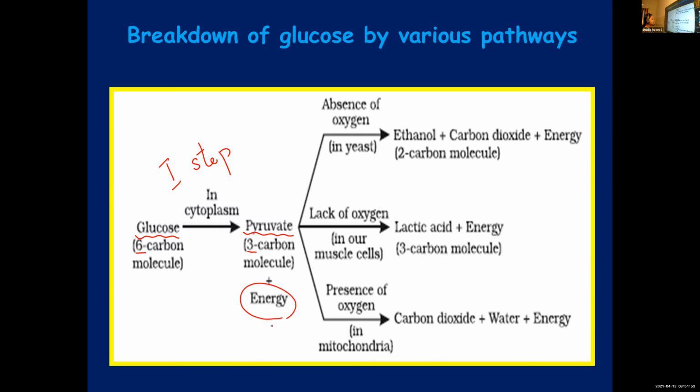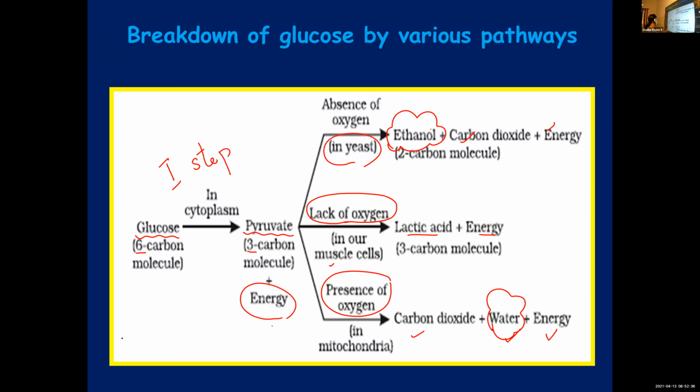Let's take the case of aerobic respiration. In the presence of oxygen, as we already learned, it forms carbon dioxide, water, and energy. But when it takes place in the absence of oxygen in our muscle cells, the products are lactic acid and energy. Already we learned. Whereas when it takes place in yeast cells, the products formed are carbon dioxide, energy, and ethanol. This ethanol is given over here, whereas here it is water in aerobic respiration. The other two products are the same. So this you should draw and you should learn it thoroughly.